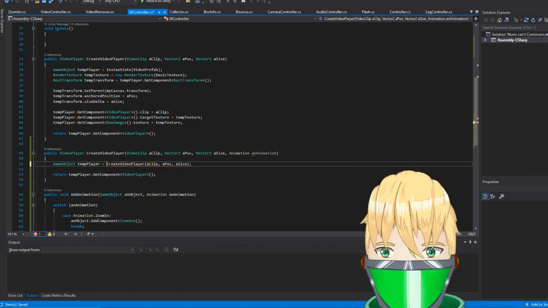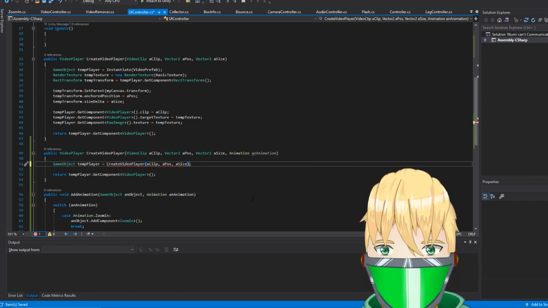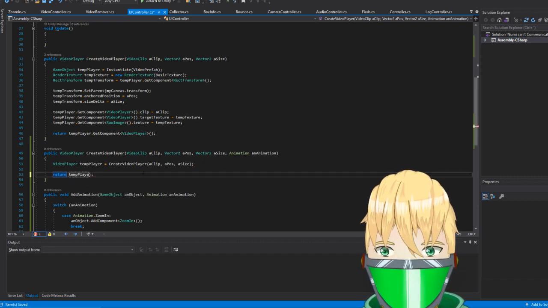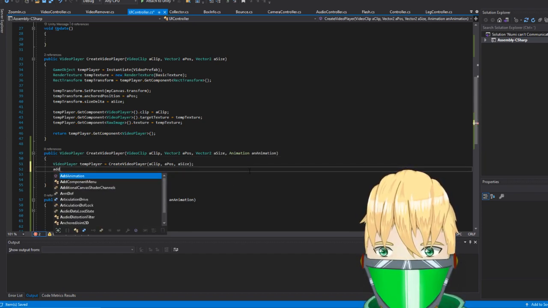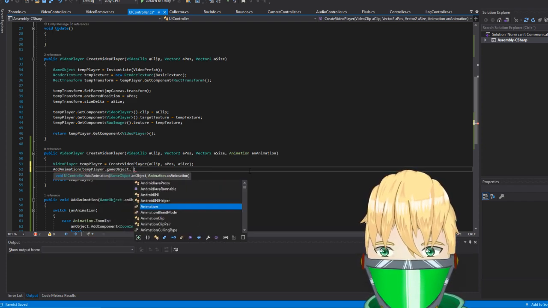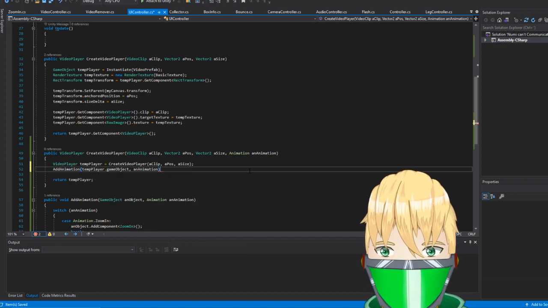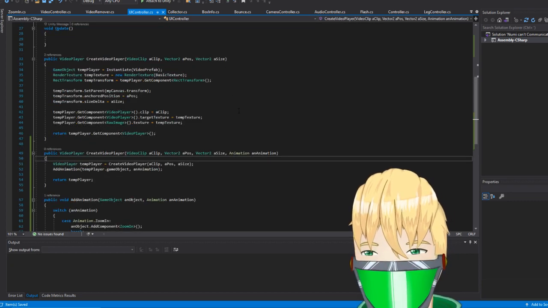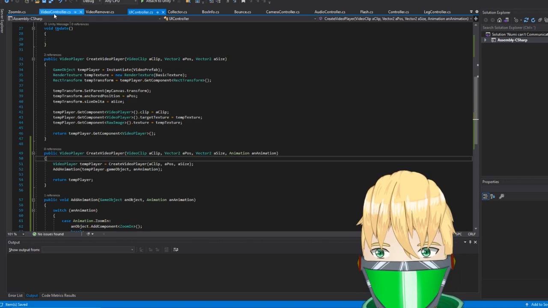And this one gives us, I guess, this one will just give us the video player. So instead, let's actually make that a video player, so we can just later give that, I guess, back. And we will also do temp or add animation. Temp player. Game object, I guess, and we will do an animation. And this should work. So if we want to create an animation, a clip with an animation, we'll send that in.